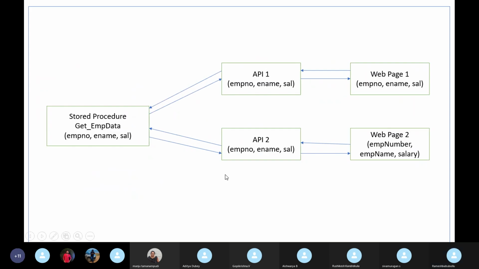Not only this case, remember that this is one of the cases where we can use forEach or for loop or for of. So here I have one stored procedure, get emp data, which returns emp number, ename, sal. Generally all of you know that. So what happens internally? Here a web page will be there, and from that web page it will request one API, and the API will